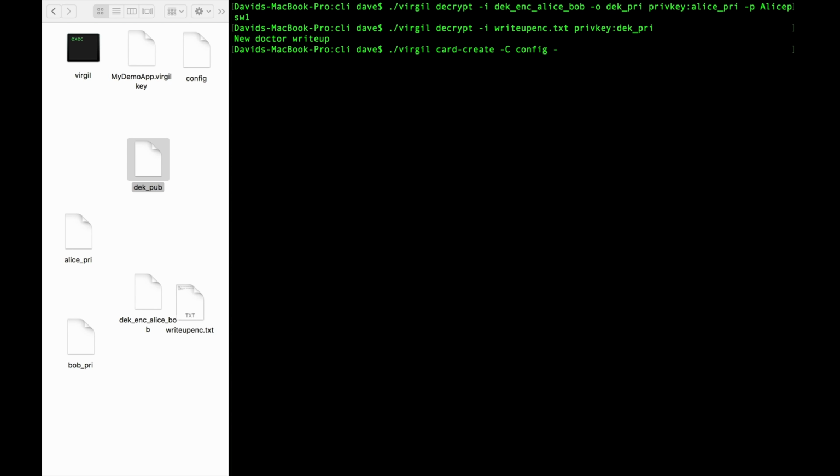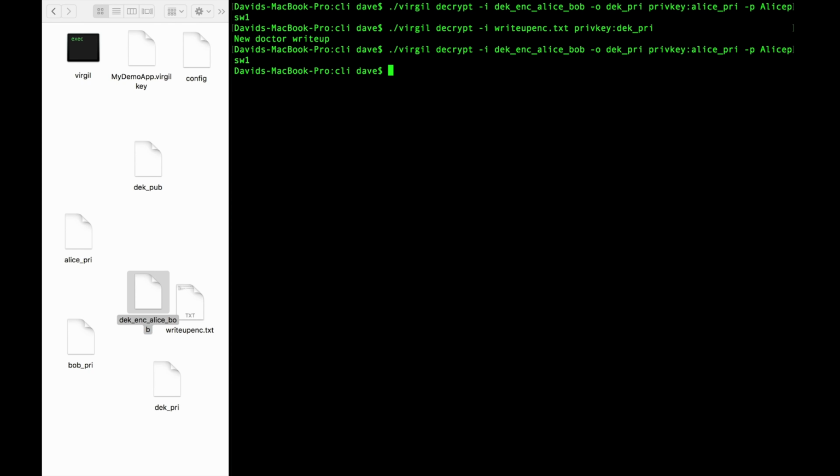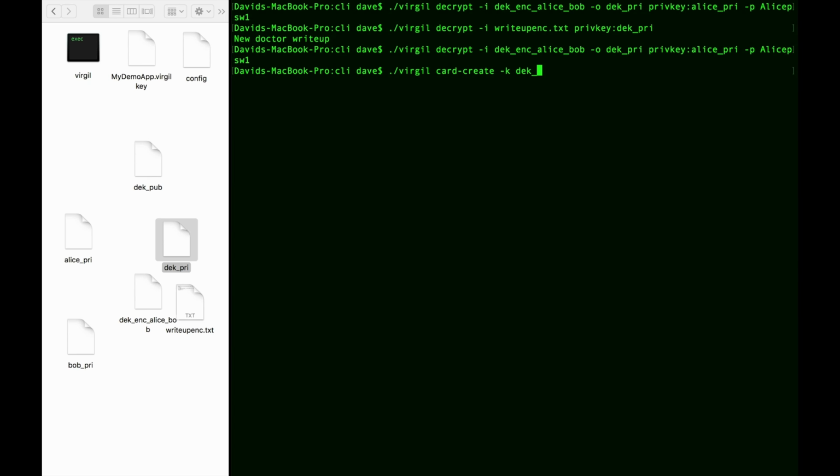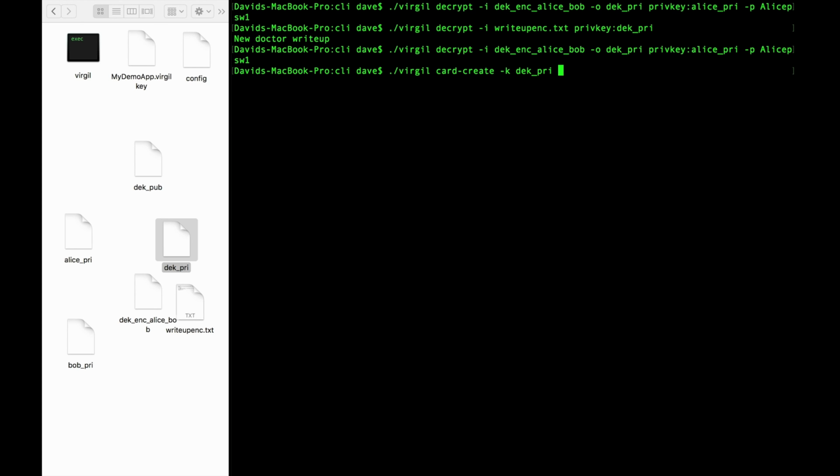Oh, but hang on, I think I just deleted the private key, so let me just decrypt the encrypted private key again so that I have it. So I decrypted it, I have the data encryption private key again, and now I can call the card create command and set the private key as the data encryption private key,